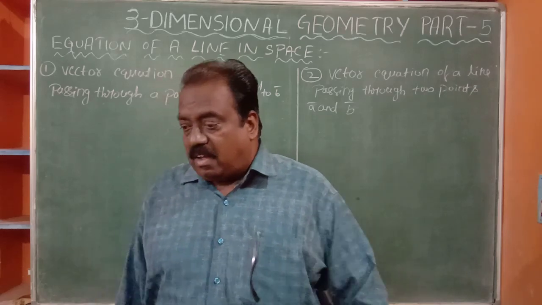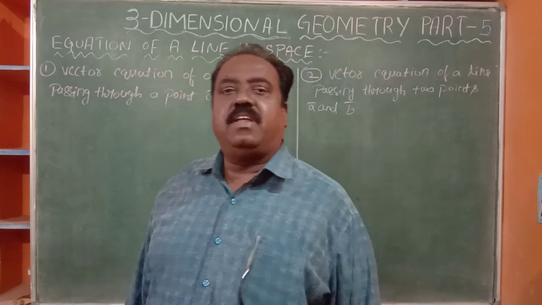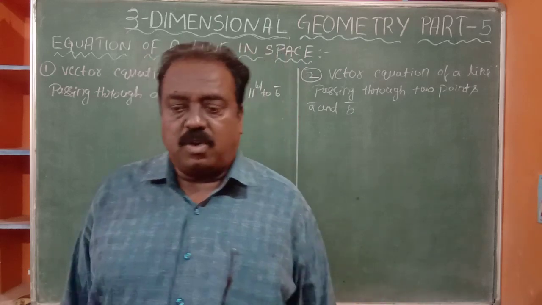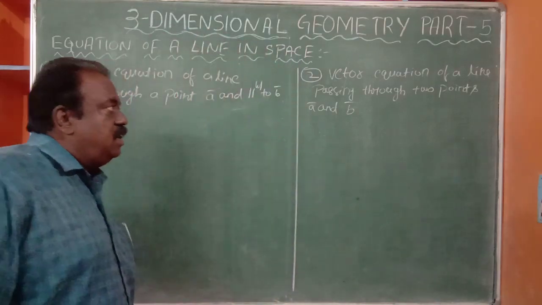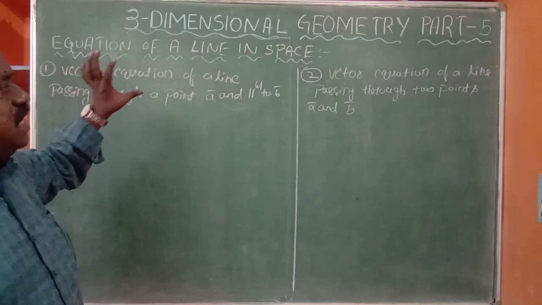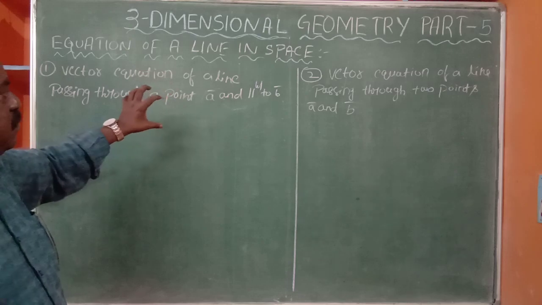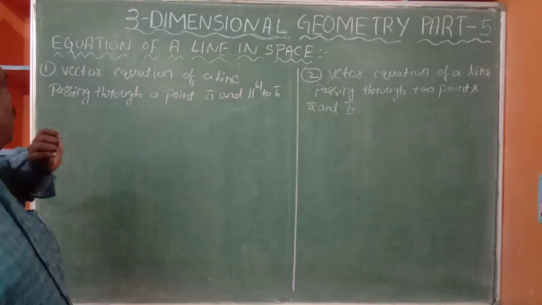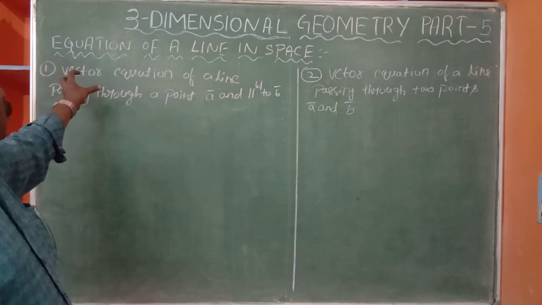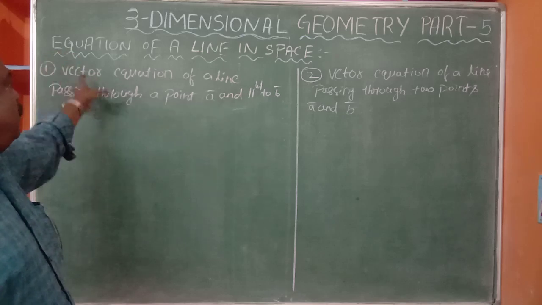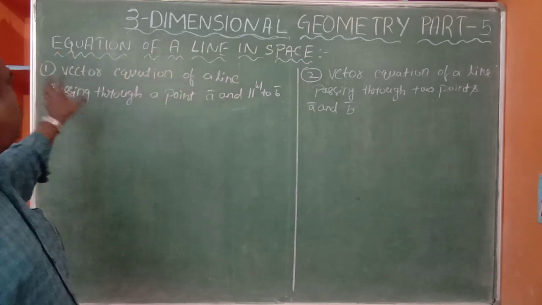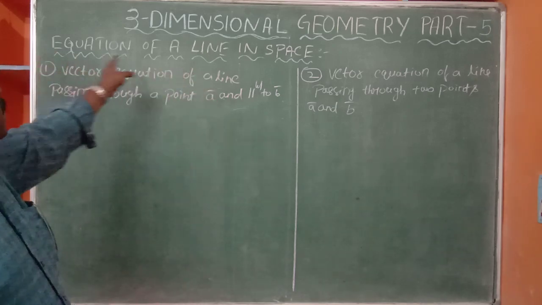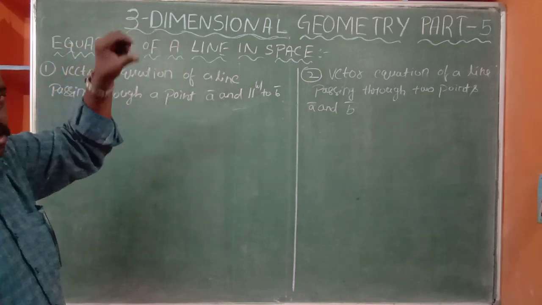Now, we discussed many properties in the first 4 parts and we solved the 11.1 exercise also. Now we are going to discuss property 1 and 2. These are very important concepts. This proof is also asked, along with a related problem. Here we discuss the vector equation of a line passing through the point A bar and parallel to B bar. The heading is equation of a line in space.